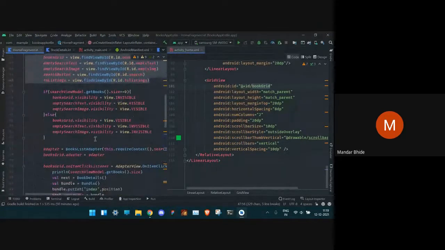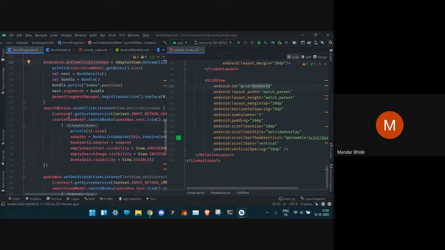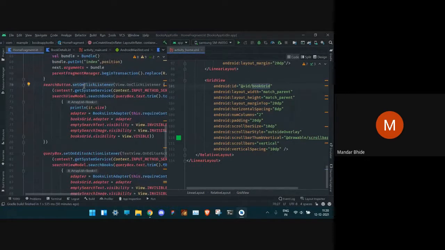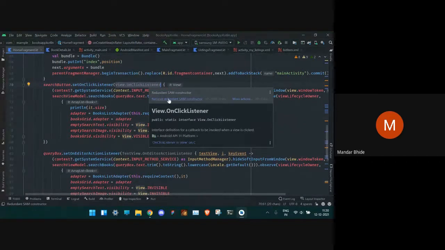And then for each view, there are certain methods like on click listener. You can see here setOnClickListener. So suppose we have something input in the EditText. Now we want the user to tap that search button. How to handle that tap? So this is the function which helps us to handle the taps on a certain view. So it is view.setOnClickListener. Actually, this part is not necessary, but I have kept it as it is just to see. You can see the hint that we can remove it.